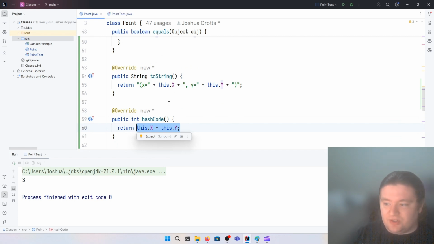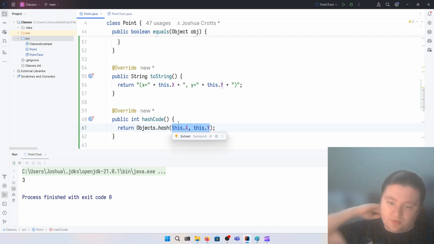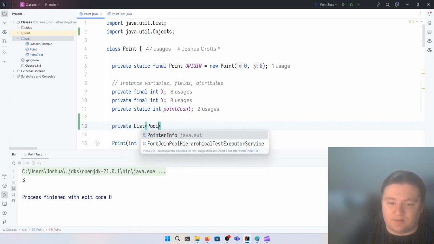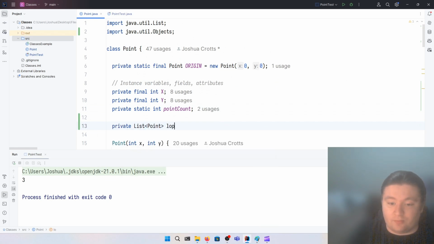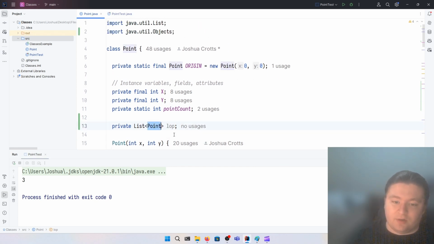So what you can do instead is use this nice method called objects.hash, and note the plural on objects. So what we can do is pass the instance variables of the class. Now you won't always pass all of the instance variables, but in this case we will pass all of them. In particular, if you have a recursive data structure in your class, like for example, if we had a list of points in here for some reason, and then that list of points had another point,